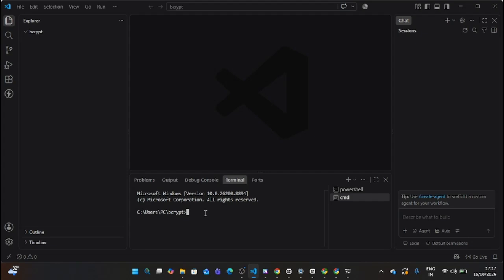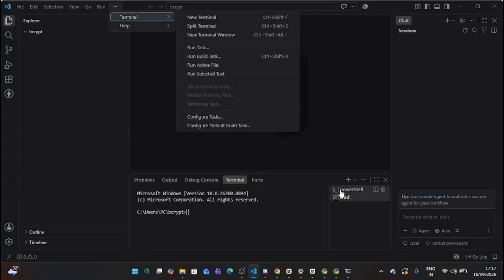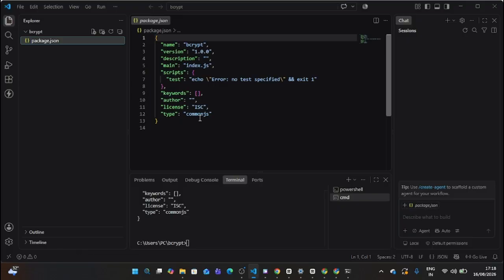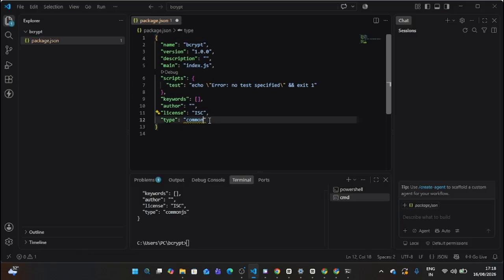Okay, today we are going to learn about bcrypt. In terminal or cmd, go to your project folder. After you go there, you can just do npm init -y. A package.json file will be formed here. As you can see, there is a package.json file, and here we should change the type to